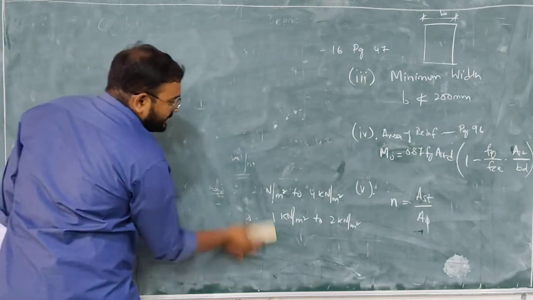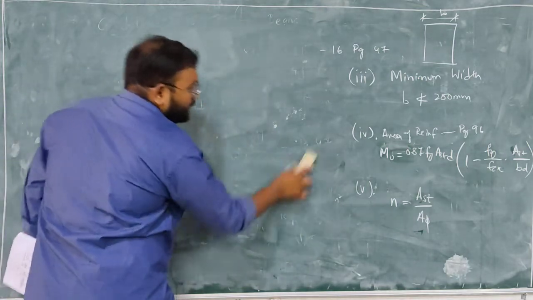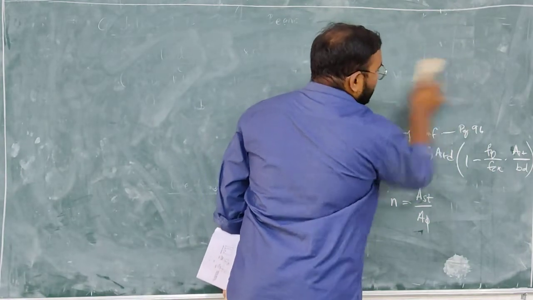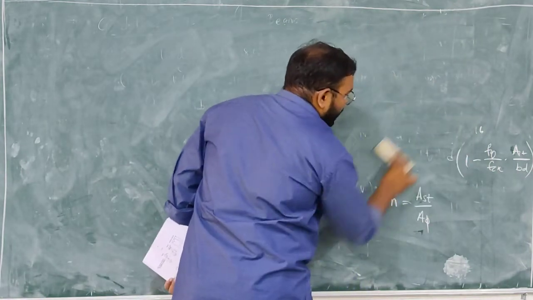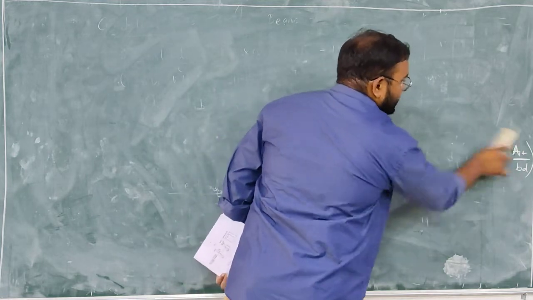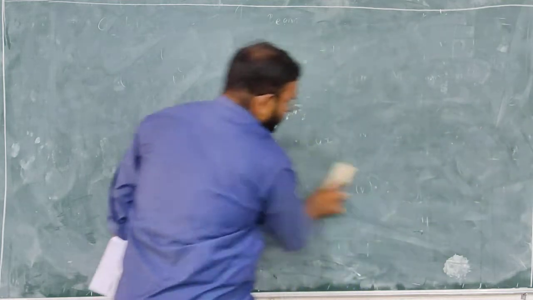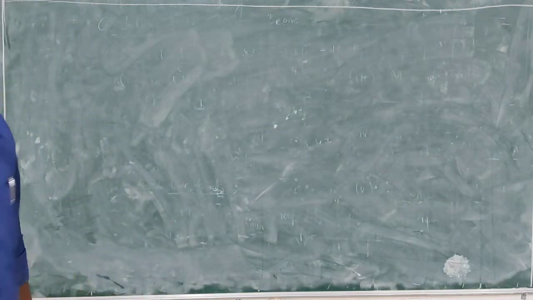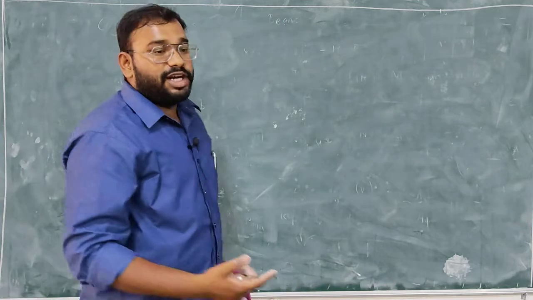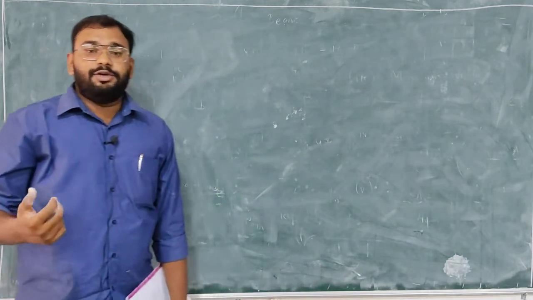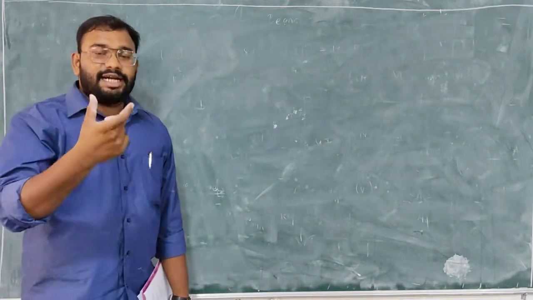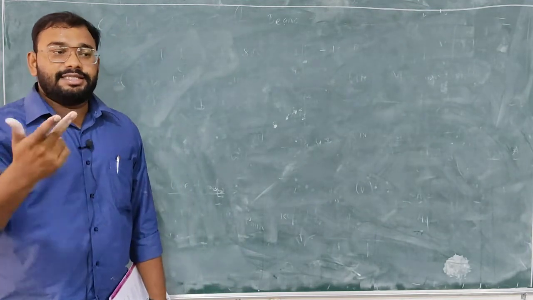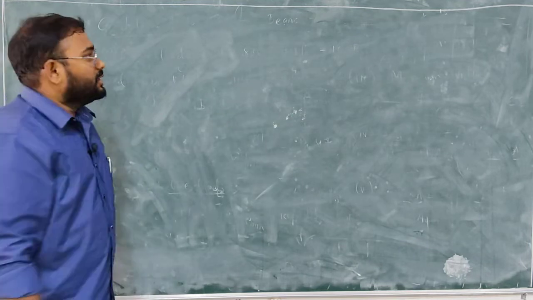In previous classes we were discussing analysis of beams. If you remember, in analysis of beam, for the given dimension and given area of reinforcement, you were calculating what? Moment of resistance. Now here the moment or load will be given to you. You need to design the beam, which means you need to select a breadth and depth of the beam and provide some reinforcement such that it is safe in carrying the moment.